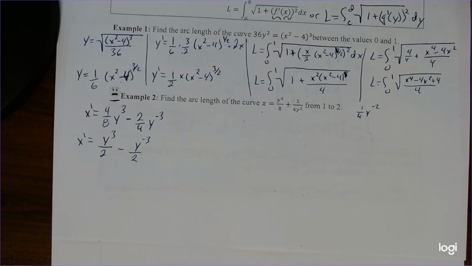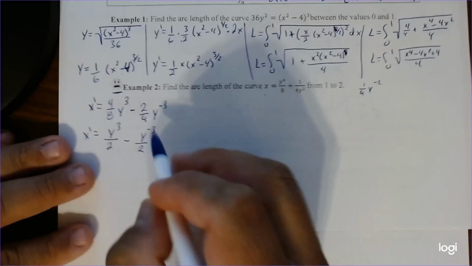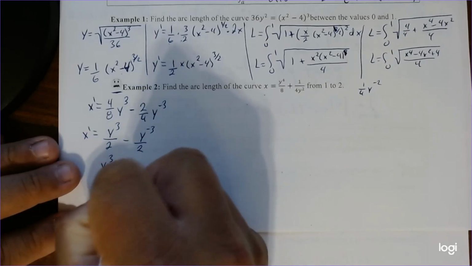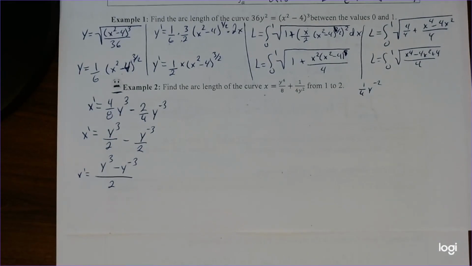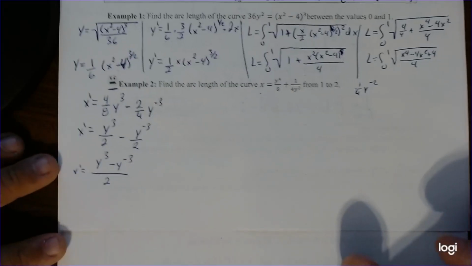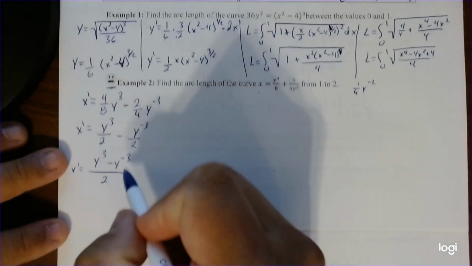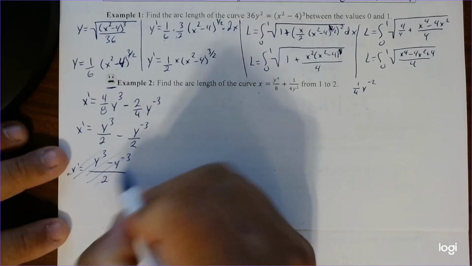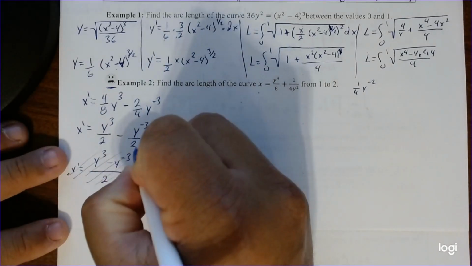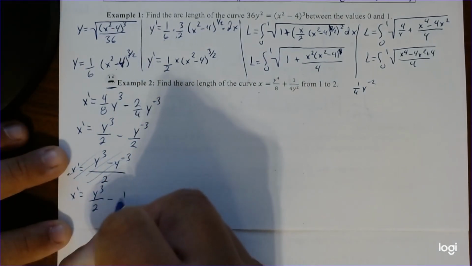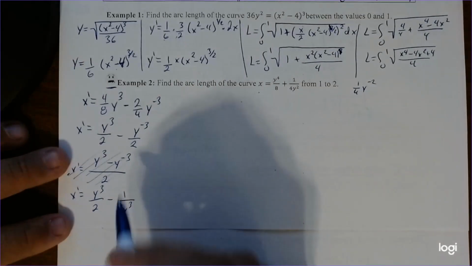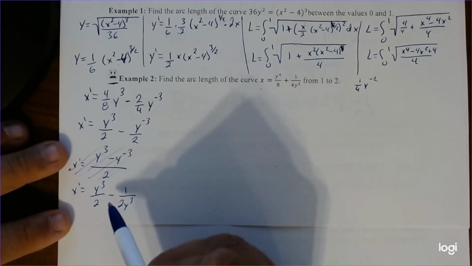Okay. So if we put stuff together, this is technically y to the third over 2 minus 1 over 2 y to the negative third. Now, we actually don't want it to look like this, believe it or not. If you try to put this in, it gets horrible. So I'm going to give you guys a hint why I did this: I'm going to change this up. If I bring this down here and just add them all together, in other words, have y to the third over 2 minus 1 over 2 y to the third, that's technically what that is. And if I want to put these together, therefore I have to multiply this side by